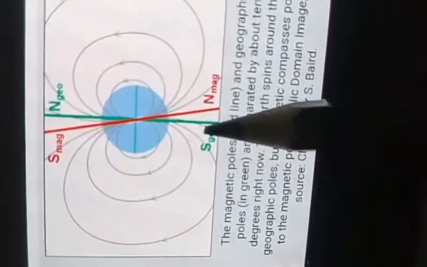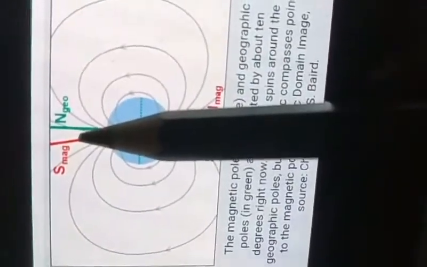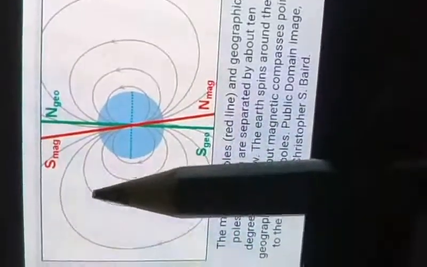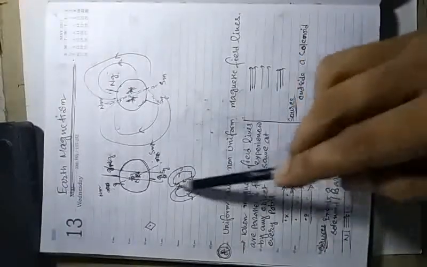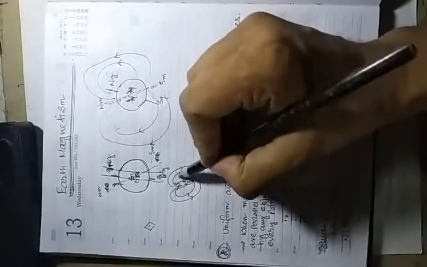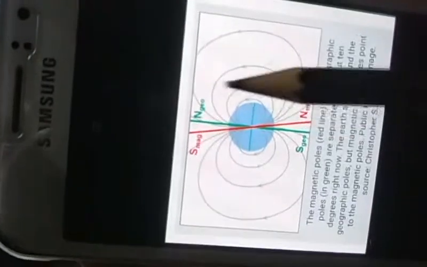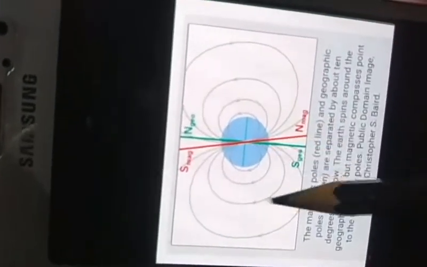From the southern hemisphere to the northern hemisphere the arrow is going, understand? That is the magnetic field line, just like a bar magnet. Here, similar to a bar magnet, it goes north to south, above to below: it is north above, south below, that's why this direction. And here north is below, south above, that's why southern hemisphere to northern hemisphere.